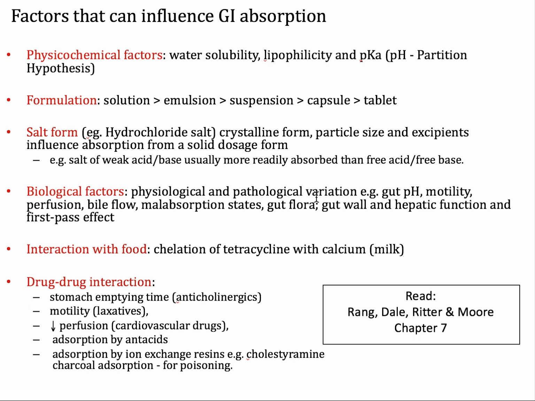So just keep that in the back of your mind as well. Gut pH, motility rate, perfusion rate, and bile flow all affect the way drugs can get in. So if someone has some sort of end-stage liver disease, or sometimes where their gallbladder is usually